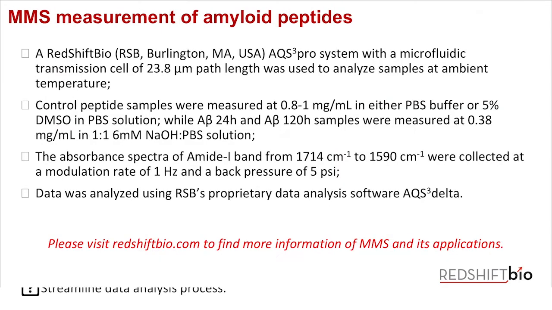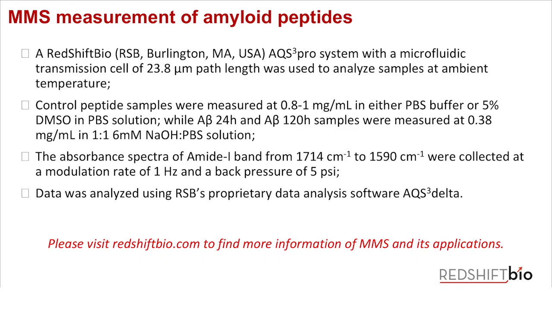So let's get back to the story of amyloid peptide. We used the AQS²pro system with a microfluidic transmission cell of 23.8 micron path length to test all these amyloid peptides that Dr. Daggett will talk about in her story. We measured all these samples at room temperature. All the control peptide samples were measured at 0.8 to 1 mg/ml in either PBS buffer or 5% DMSO in PBS solution,